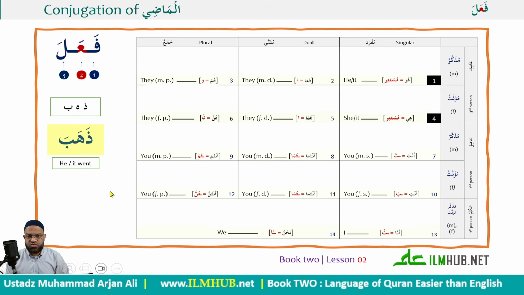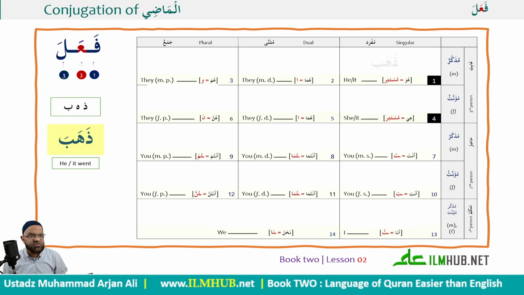Now what I'd like you to do is conjugate dhahaba, exactly the same scale, fa'ala, which you can see at the top. The root letters dhahaba mean to go somewhere. Nasara was to help; this one is to go. So we have exactly the same principles as before. Let's quickly do this one. I've already done it, I'm just going to show you what they are. But please make sure you practice fataha, nasara, and dhahaba.